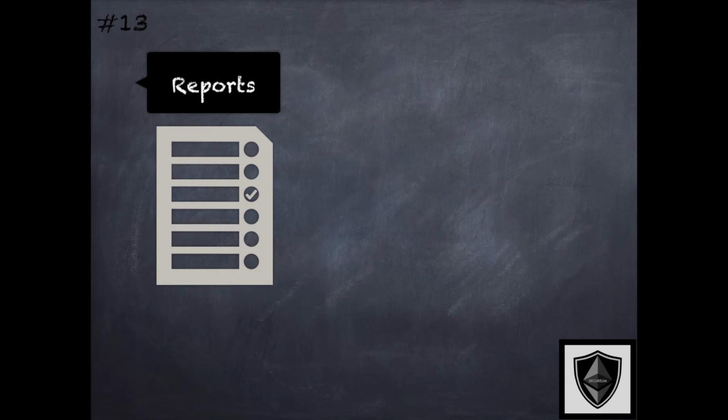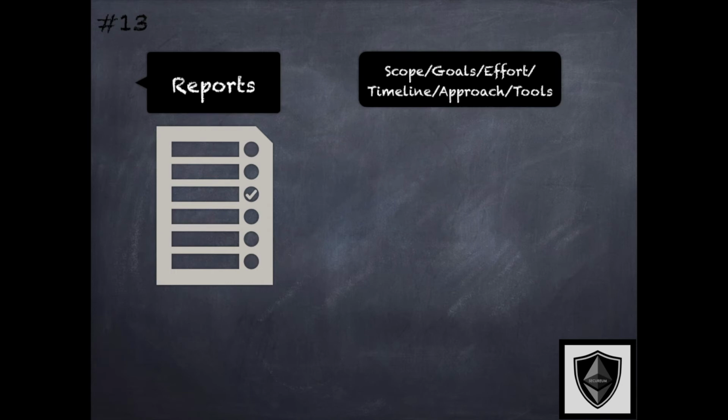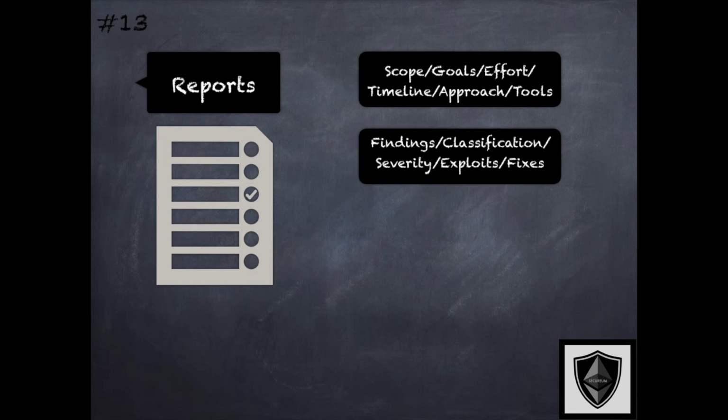Audits typically end with a detailed audit report provided by the audit firm to the project team. Projects sometimes publish such reports on their websites or GitHub repositories. Audit firms may also publish some of these with approval from the projects. Such reports include details of the scope, goals, effort, timeline, approach used for the audit, tools and techniques used, the findings summary, the vulnerability details, if any found, vulnerability classification as per the audit firm's categorization because there isn't yet a standardized categorization,